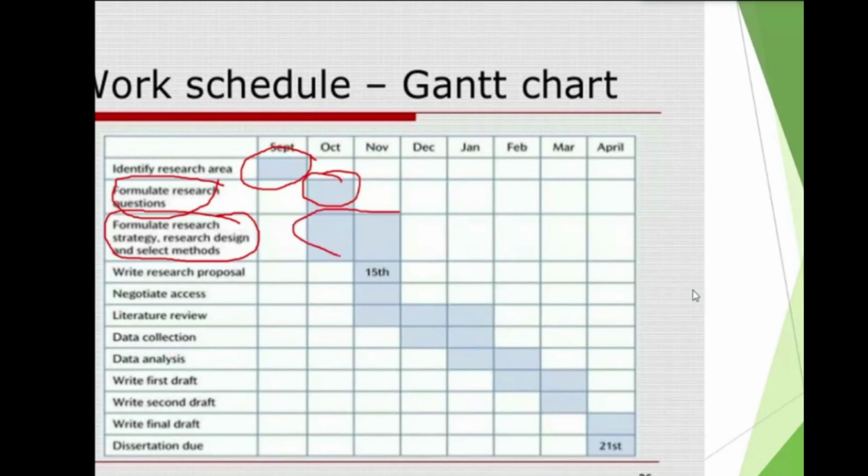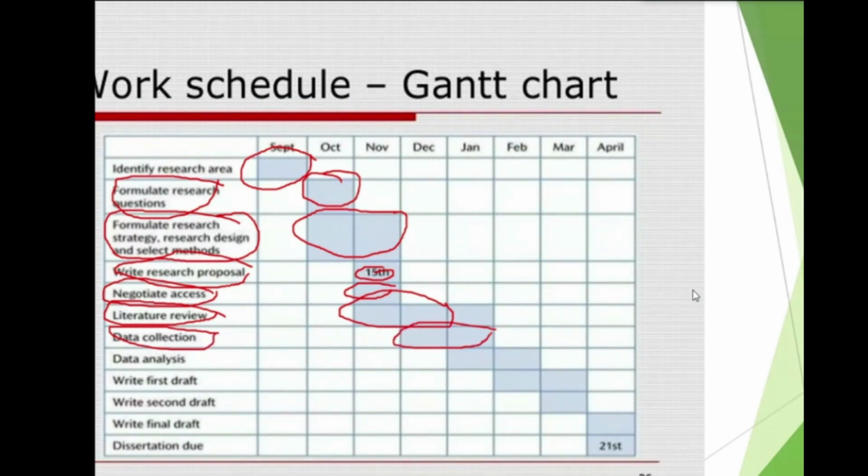You do over October and November, and write research proposal by 15th of November, and you negotiate access by November, and you make sure that you do heavy load of literature review by November and December, and then you collect data over December and January, and the collected data you want to analyze, and that you do in the later